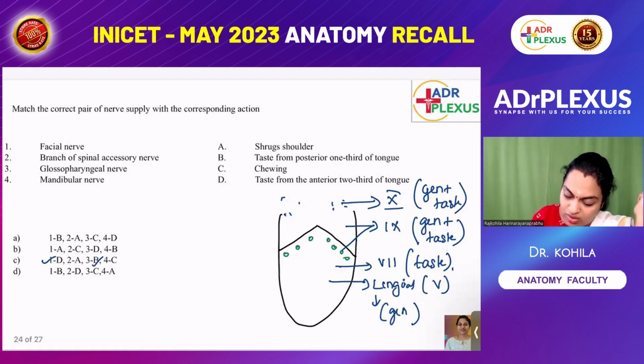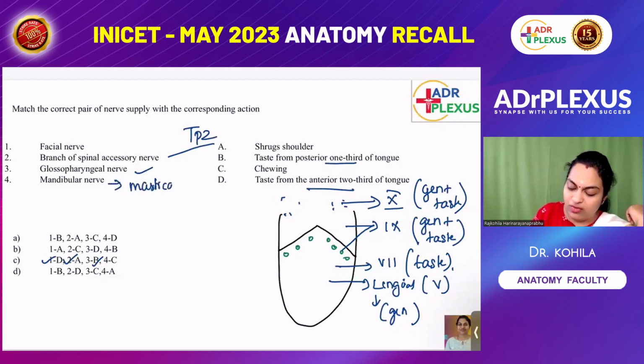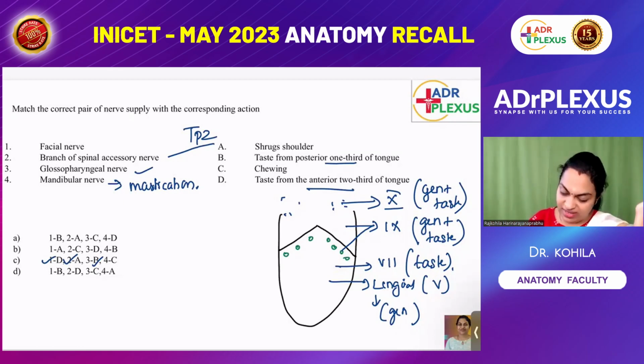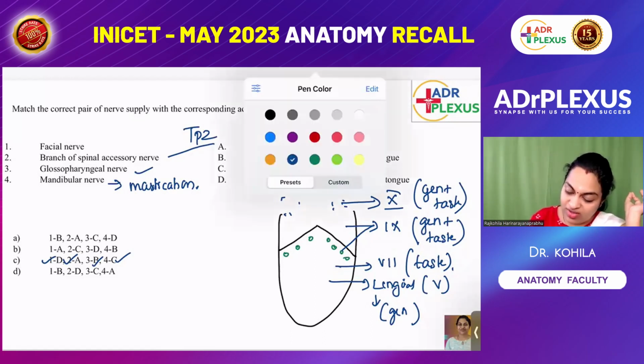The spinal accessory nerve, which supplies the trapezius, is going to cause shrugging of the shoulders. Yes, shrugging of the shoulders. Glossopharyngeal nerve, posterior 1/3 of the tongue. Mandibular nerve, the four muscles of mastication, masseter, temporalis, medial and lateral pterygoid, which help in chewing, we can lock it for this, isn't it? Fourth, C. The only doubt could have been, but it's given still, right? Taste from the anterior 2/3 of the tongue, so it has to be facial nerve. General sensation is mandibular nerve, lingual branch. So the correct answer for this one would have been